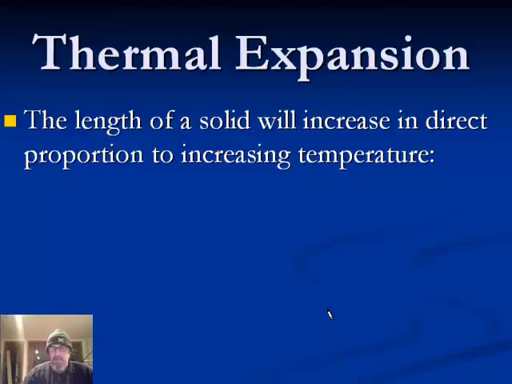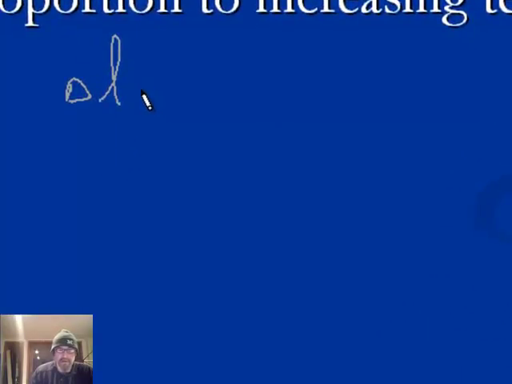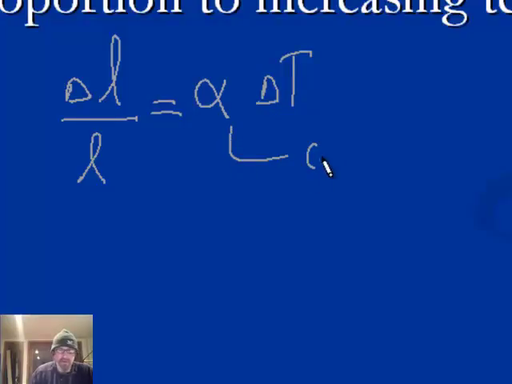One other thing that we should look at before we are done discussing solids is what happens to them when you heat them up. And it's very similar to what happens to liquids when you heat them up, except we can deal with only single dimensions at a time, too, with solids. One characteristic is that the length of a solid will increase in direct proportion to increasing temperature. So what that means is the change in length for a solid as a percentage of its original length, or as a fraction of its original length, is equal to a constant, we call this constant alpha, times the change in temperature. And this alpha here is called the coefficient